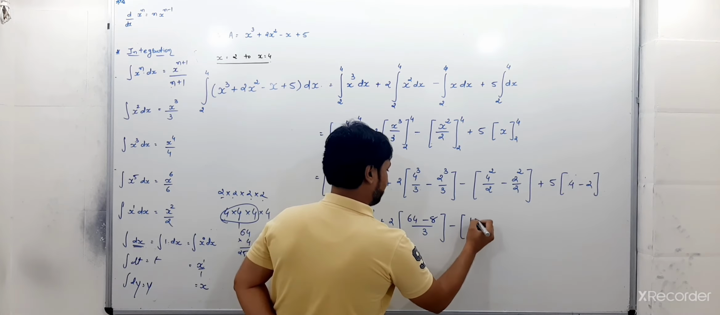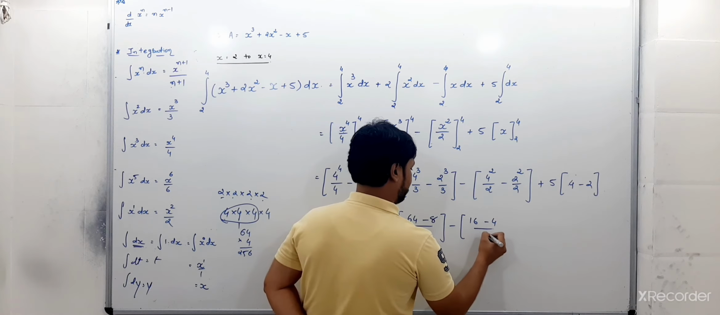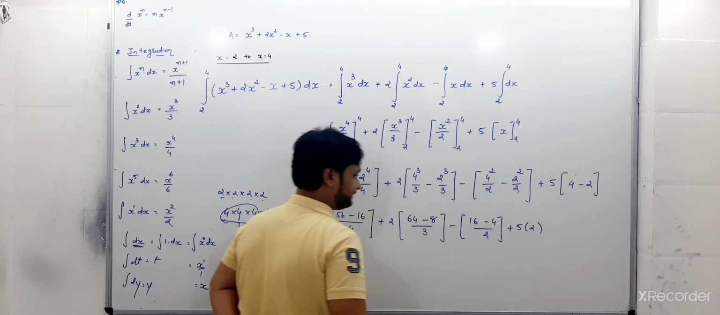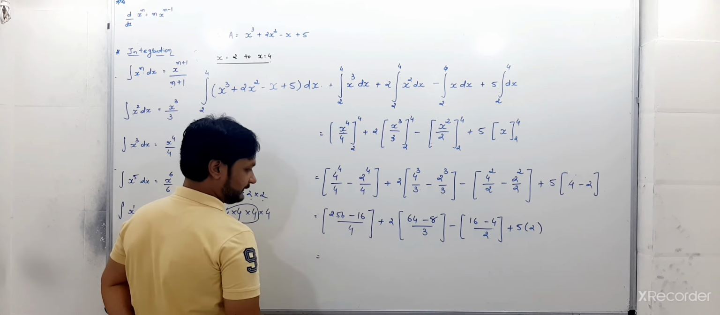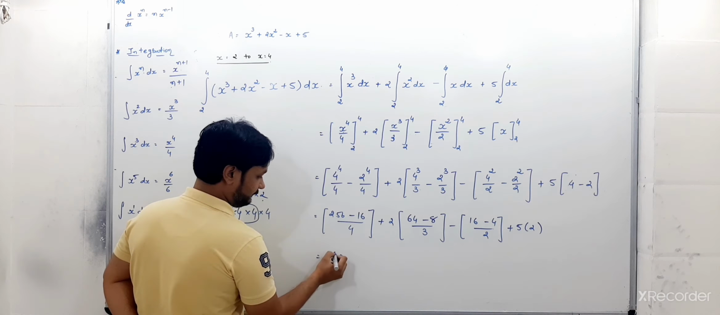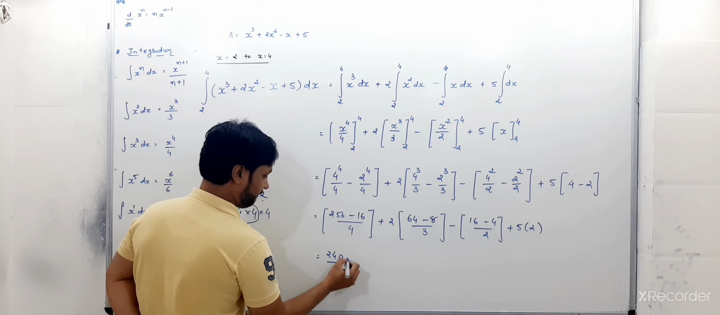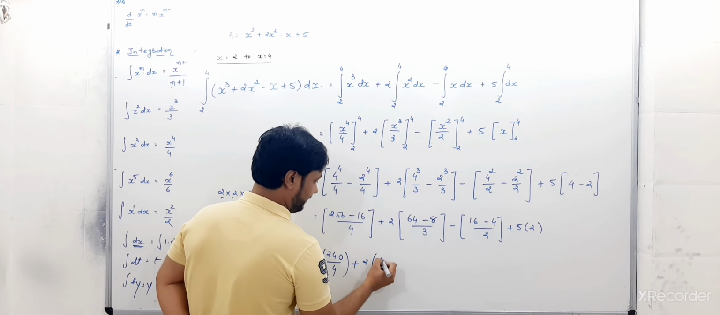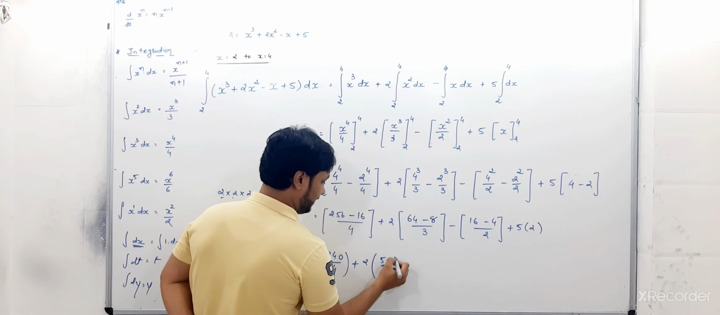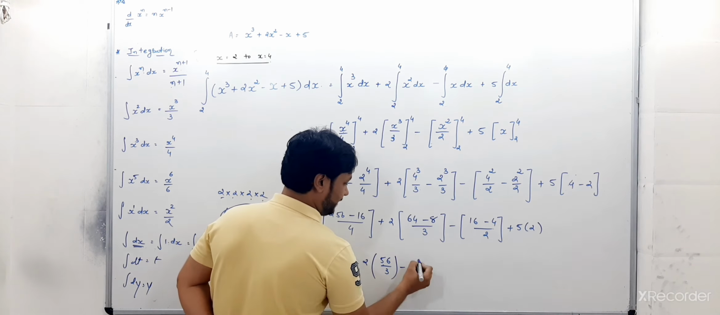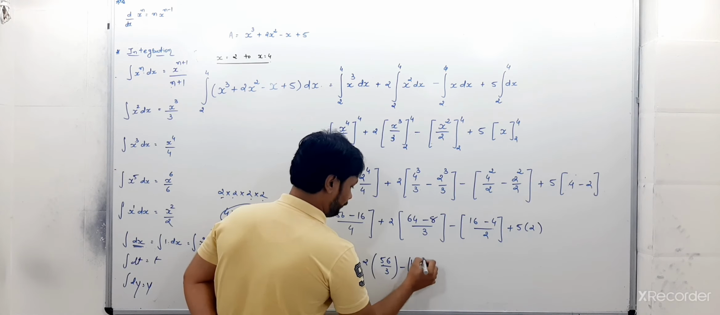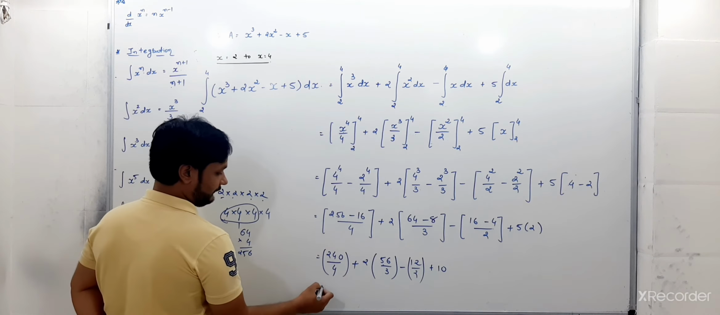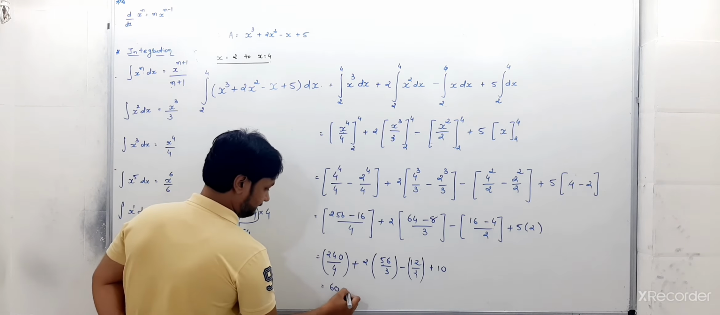Minus 4 square, that means 16, 2 square, that means 4, divided by 2, plus 5. 4 minus 2, that means 2 only. Then 256 minus 16, so 240 divided by 4, plus 264 minus 8, that means 56, divided by 3, minus 16 minus 4, that means 12, divided by 2, plus 5 to the 10. Take the simplification, this becomes 60 plus